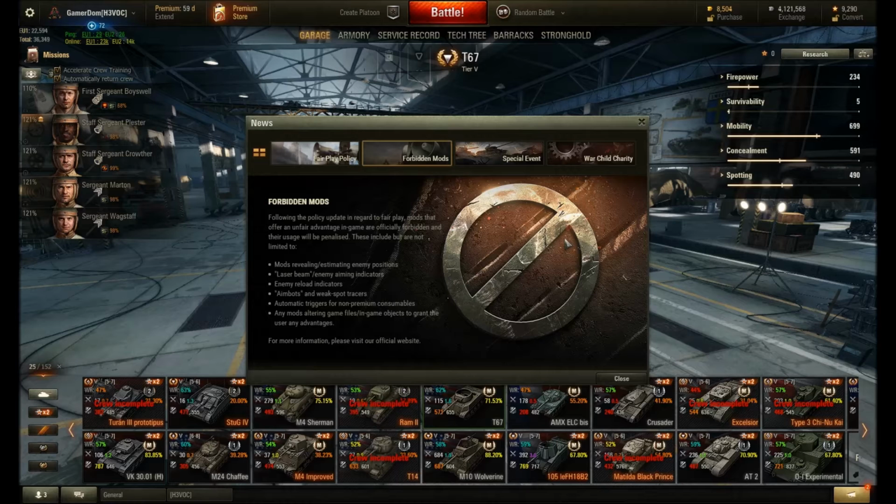So there is now, well, there will be a list, I believe, of exactly what mods these are, the forbidden ones. These are the ones that will instantly get you a first warning if you are deemed to be using them. So, mods that reveal or estimate enemy positions. That is the sort of thing we've seen,